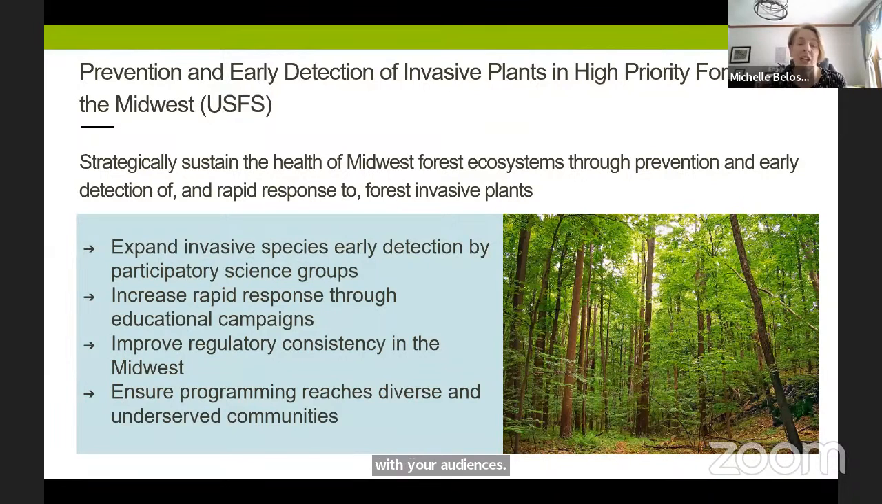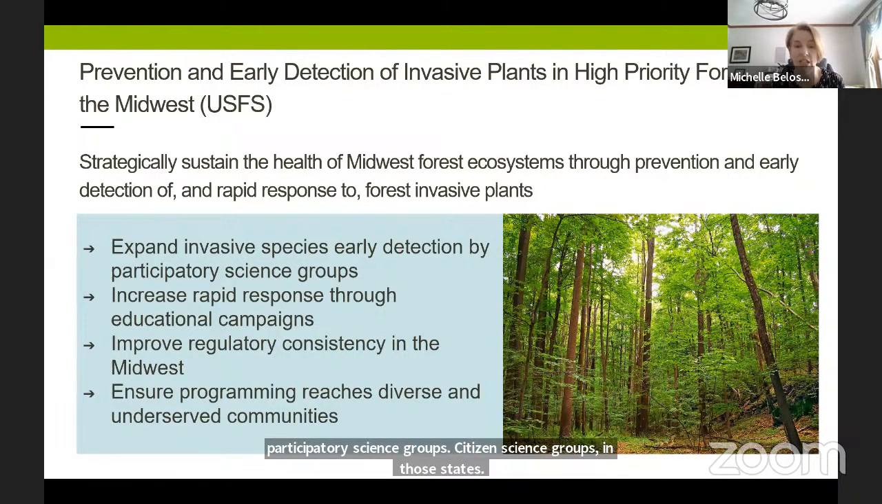So moving on, talking about some new initiatives that are kicking off. We have a new project funded by the U.S. Forest Service on early detection of invasive plants. And we're focusing on high priority forests, primarily in Michigan, Minnesota, and Wisconsin. But we're hoping that the information that comes out of this project will also be beneficial to the wider region. We are going to be working closely with some participatory science groups, citizen science groups in those states to expand early detection work,